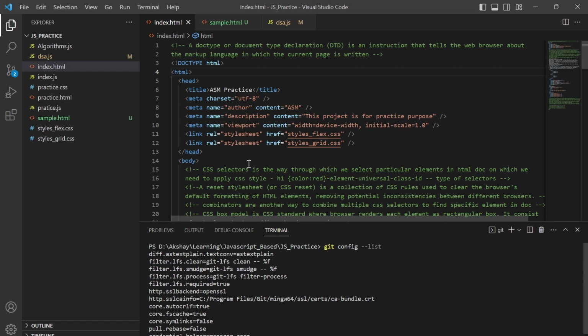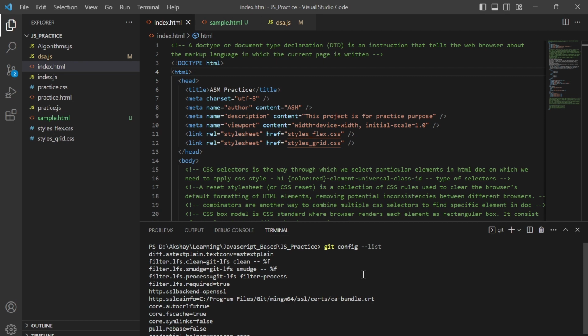But actually, maintaining your configuration globally is the better way. Why? Because if I create another code repository, it will ask me for credentials again, and I need to create this config for that local repository again.